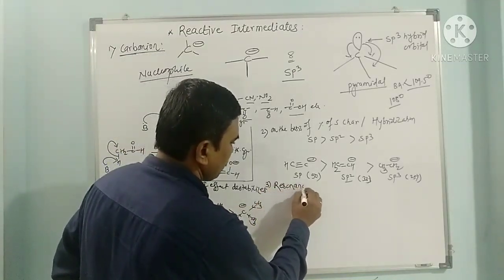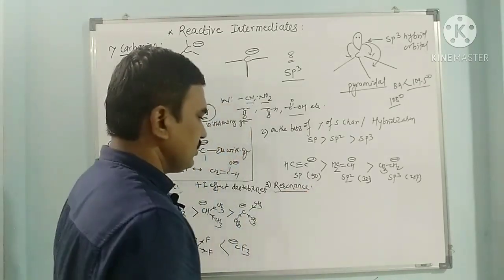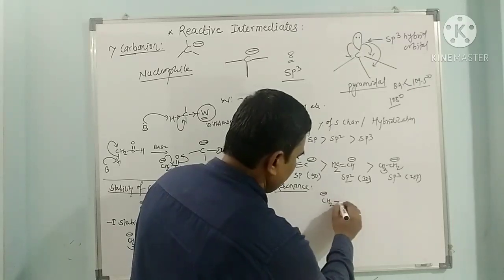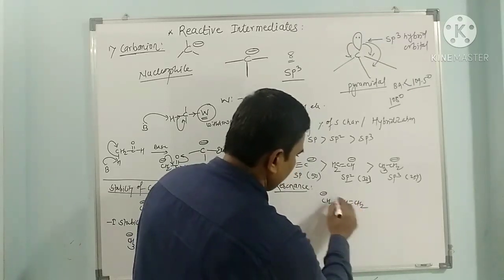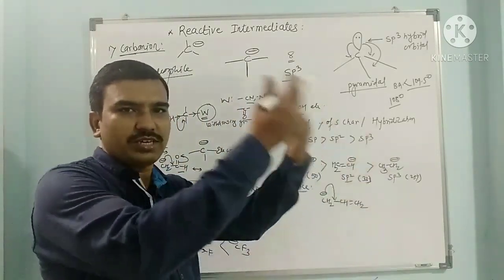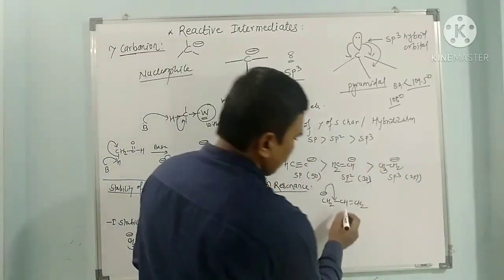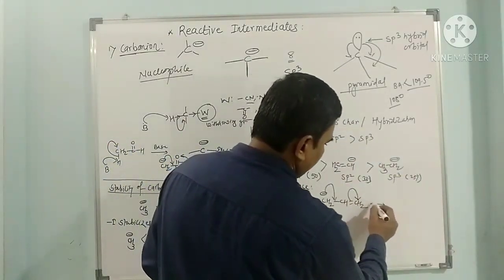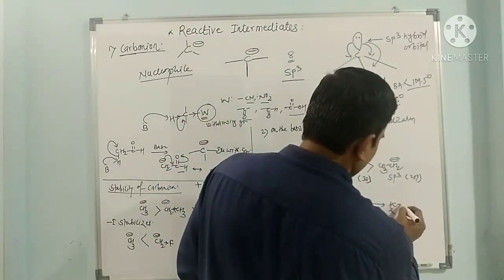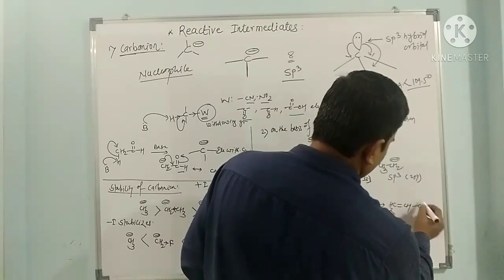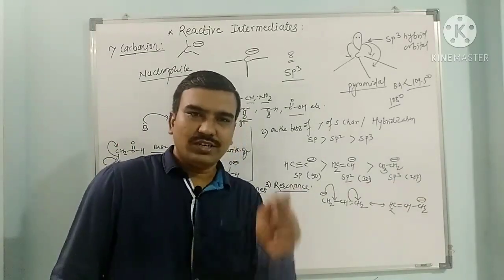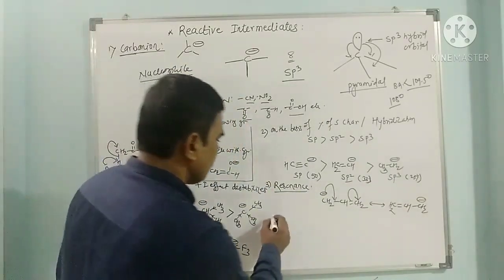Stability on the basis of resonance. Here we have to see the simple allyl carbanion, CH2 minus CH double bond CH2. Just like allyl carbocation, here there is a donation. In that carbocation we received electrons, here it donates electrons. So it donates electrons to this carbon through resonance and we get CH2 double bond CH CH2 minus. So the negative charge from one carbon goes to the other carbon through the resonance effect. So this is resonance stabilization.